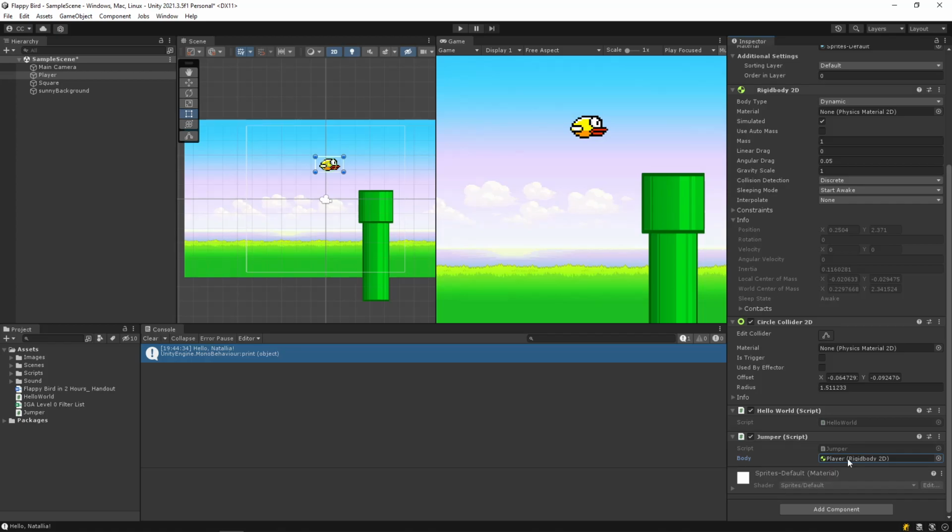So just make sure that your rigid body is assigned. If you go back into the code, you'll notice that it didn't change anything there. It didn't say like body equals the player's rigid body or something like that. This is just a reference to the rigid body inside the inspector, because we can reuse this script multiple times, remember? So now that we have this body component, what we want to do is change its velocity.